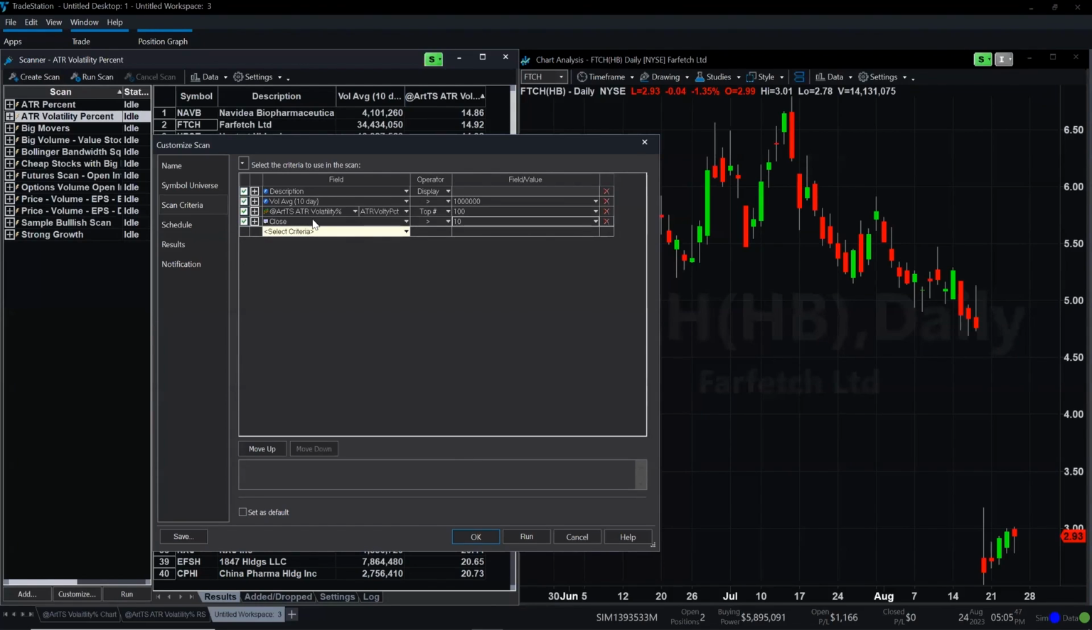And I can maybe move this up. I'll click it and I'll click the move up, so it does the filter before it runs the scan. So let me show you something. What I do